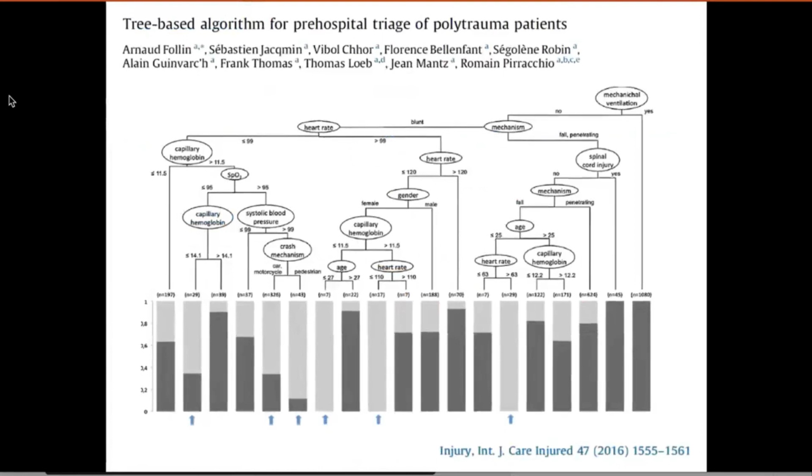This is another difficult situation, not so much a difficult diagnosis, but a difficult choice to make by the emergency medical service outside the hospital, in the ambulance. This is essentially the question of whether or not they should transfer a patient who has a trauma to a level 1 versus a level 2 or level 3 trauma center, based on very simple and basic parameters that the EMS is able to collect outside the hospital. Next slide.